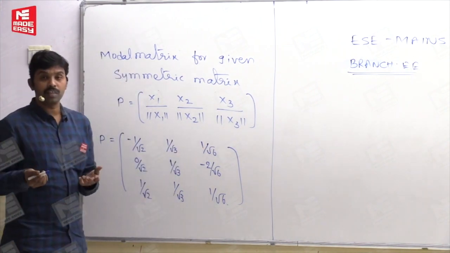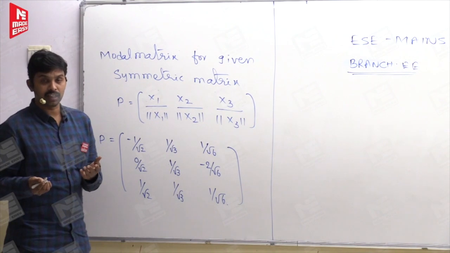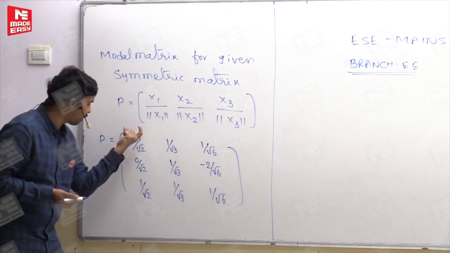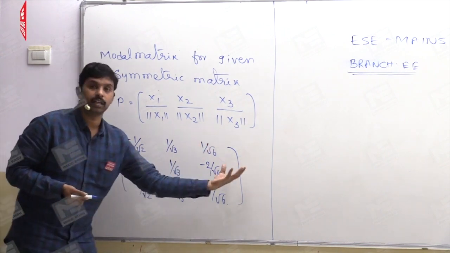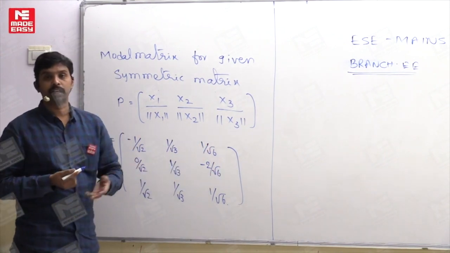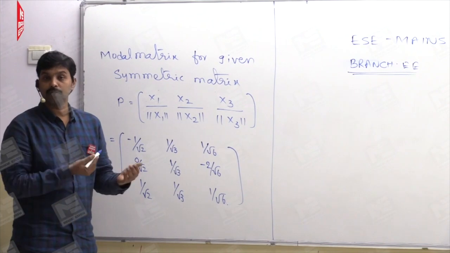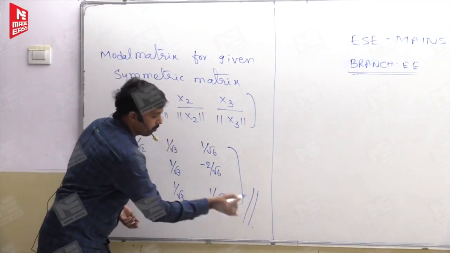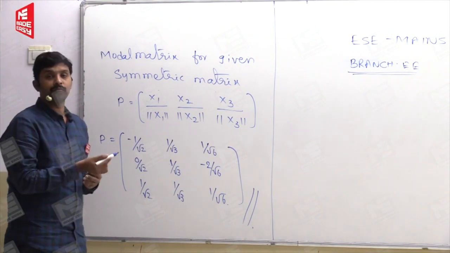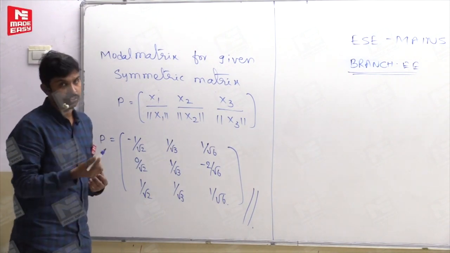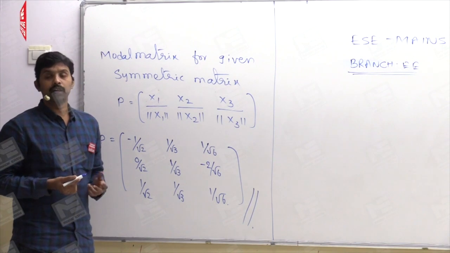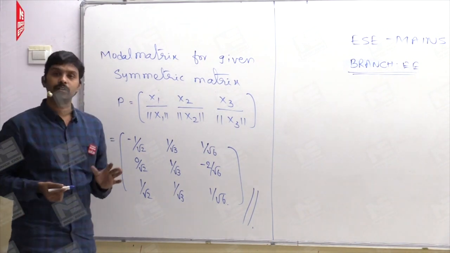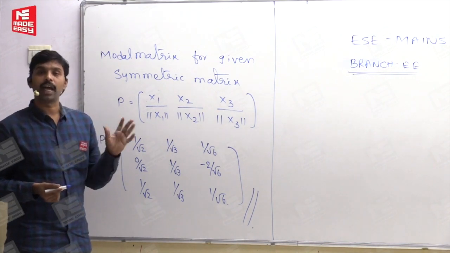Suppose if some other will take lambda 1 is equal to 6, then this vector will come here, and then again the corresponding vectors will be taken at their place here. So the order of these vectors can be in any manner, but this is going to be the model matrix here. Even if the order of these vectors is interchanged or different, you will still get the correct marks for this examination. So this is the way you have to find out the model matrix for the diagonalization.